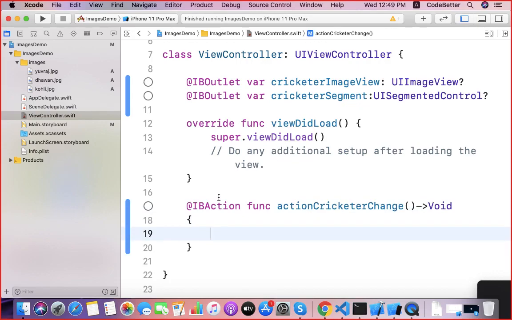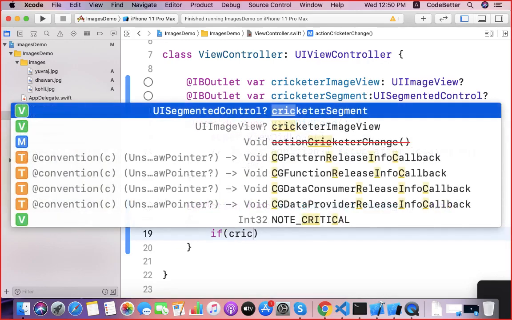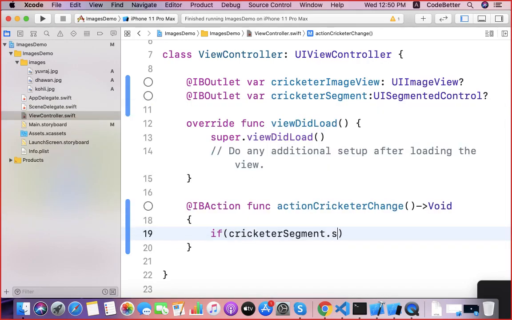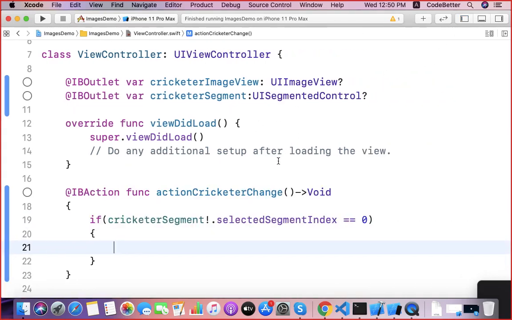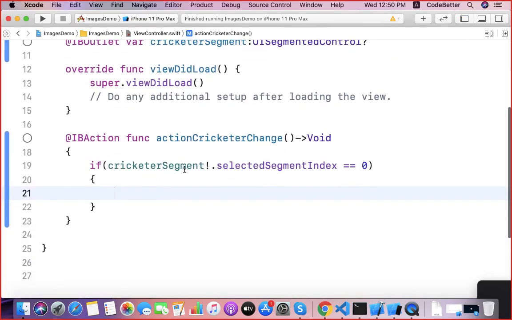So whenever the user clicks on the first name, that is, cricketerSegment.selectedSegmentIndex is 0. Getting my point? If the selected segment value is 0, it means the user wants Kohli to display.